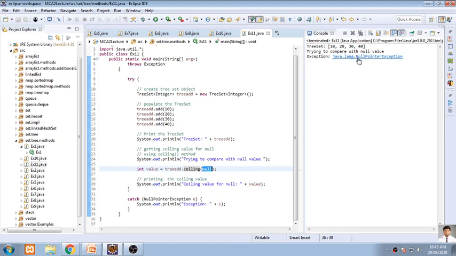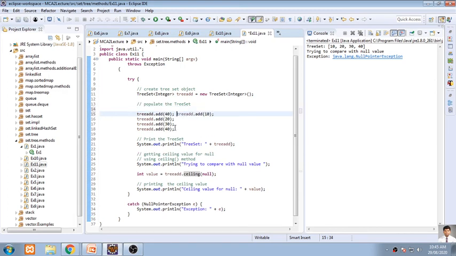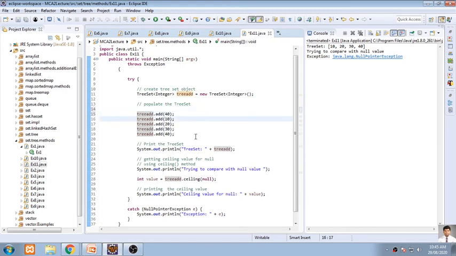See, there is an exception called a null pointer exception, because null from version 1.7 onwards you cannot use for the purpose of comparison. You cannot use it for the purpose of addition. So null cannot be added. If I try to add null value at the initial state, we'll see whether it is working or not.